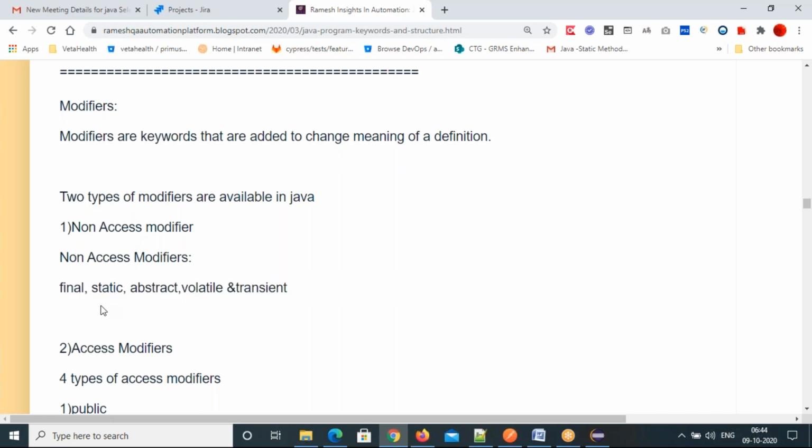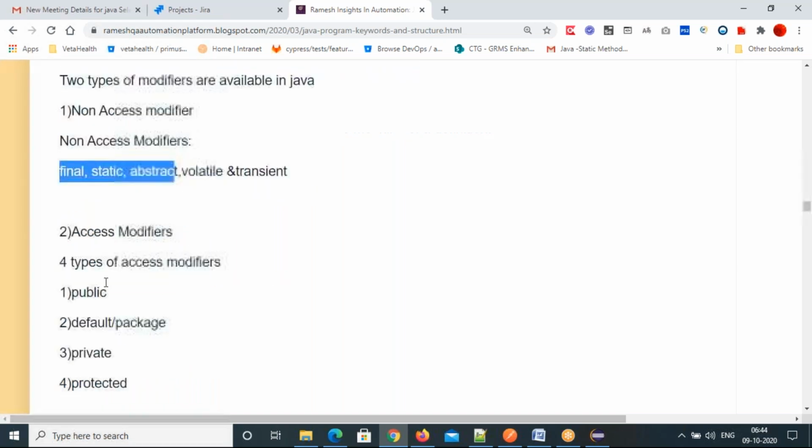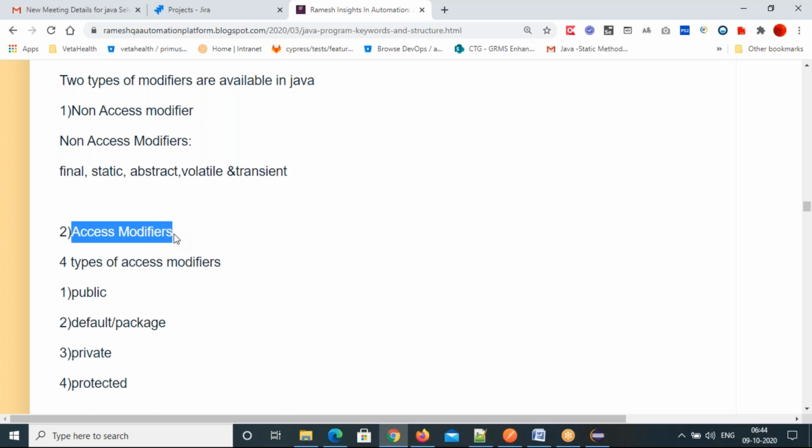We are going to talk about these one by one later; final, static, abstract are very important for us. And when it comes to access modifiers, what is meant by access modifiers? Access modifiers give you the accessibility scope, where you can use a particular class's inside members. Members means inside a class you can define many members, like variables, methods, constructors, and blocks.